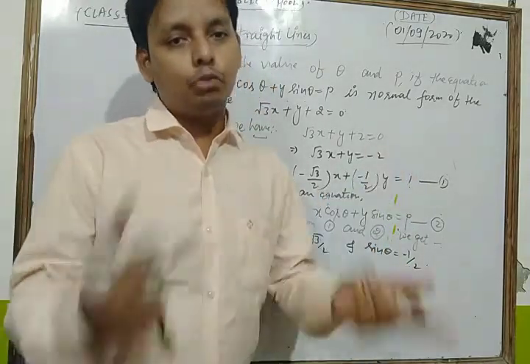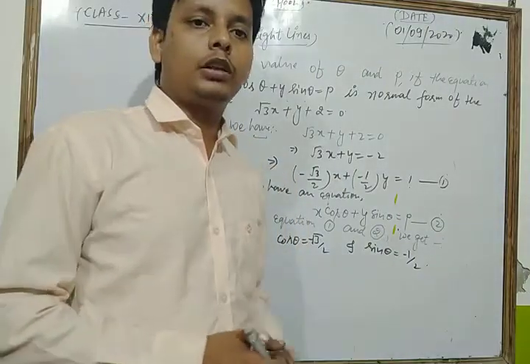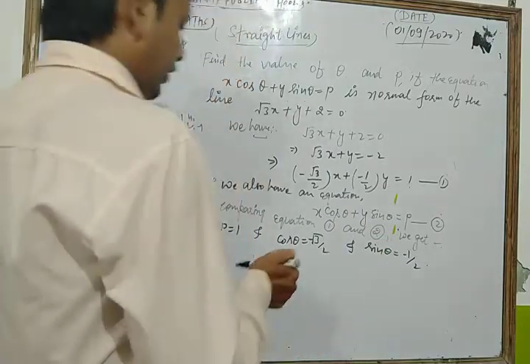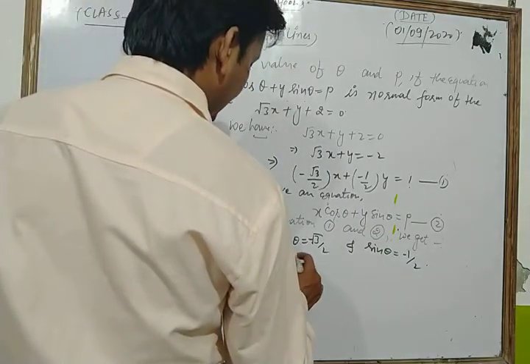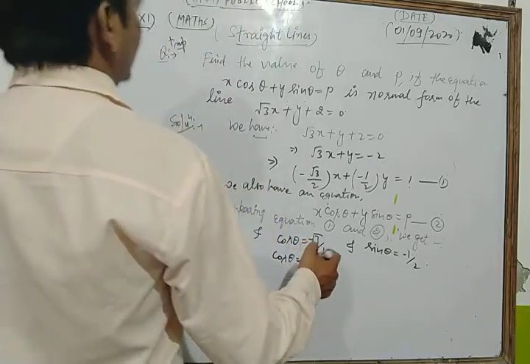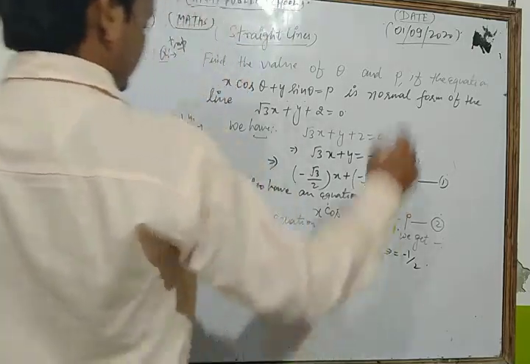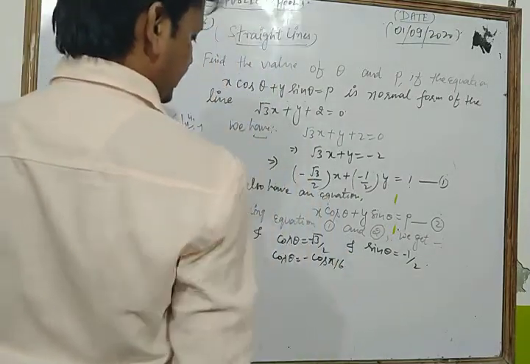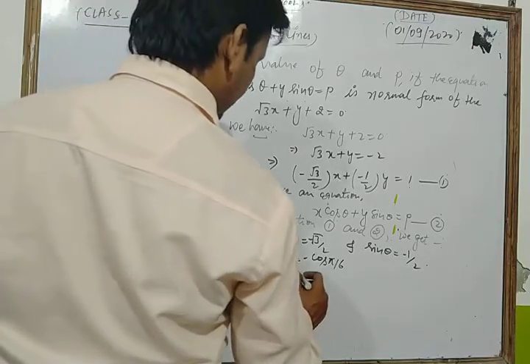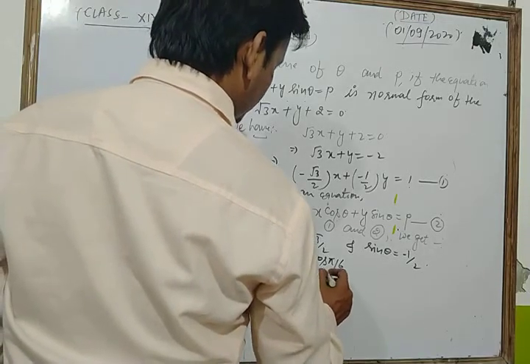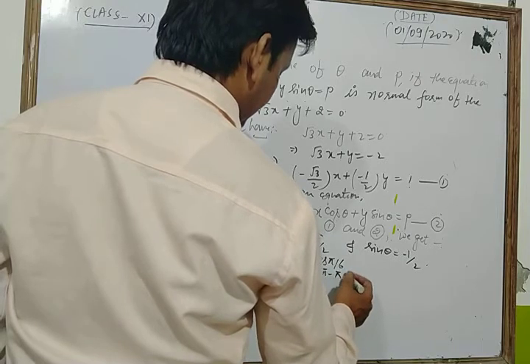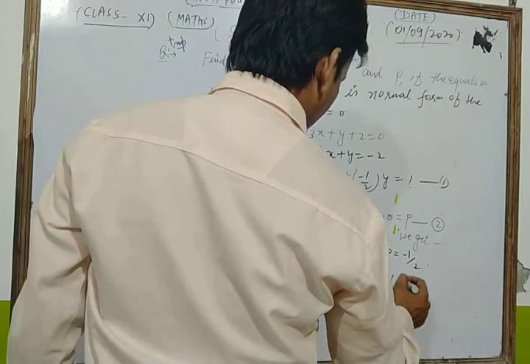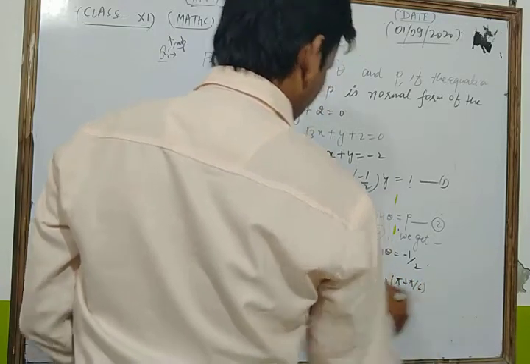After that we compare both and we take the common value of theta which lies in both the equations. Let's see, first of all we write cos theta as, this is the value of cos 30, which means pi by 6. We know that we can write cos pi minus pi by 6, or we can write cos pi plus pi by 6, because